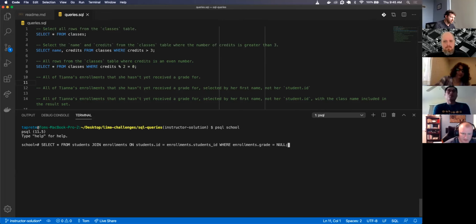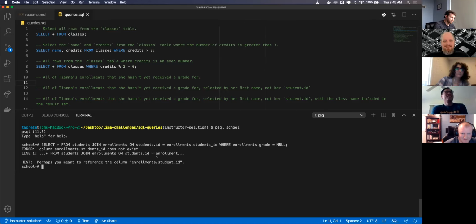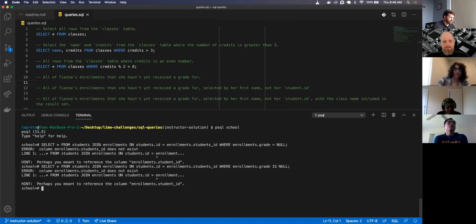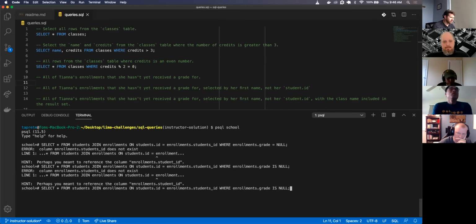I don't know. Cross my fingers. Hope this works. It should be is null. So instead of equals null, it's is null. Also in enrollments.student_id, is it plural or singular? Oh, right here.